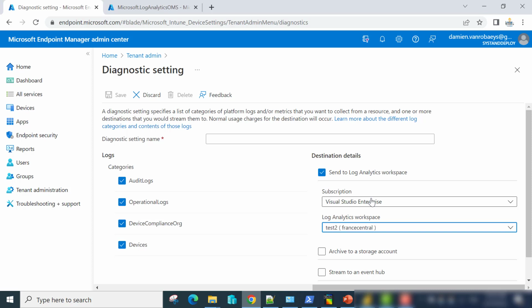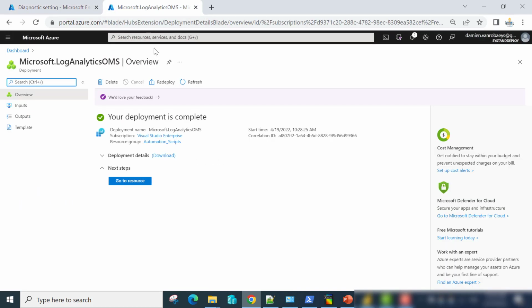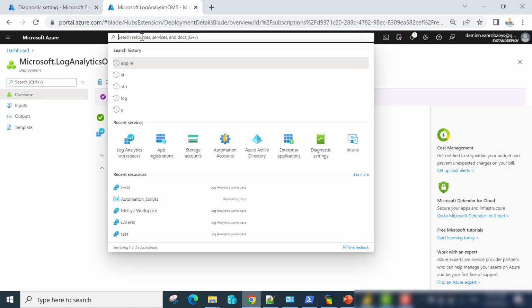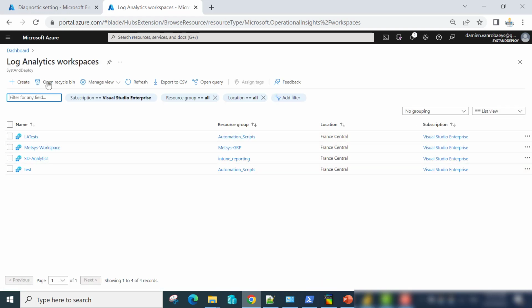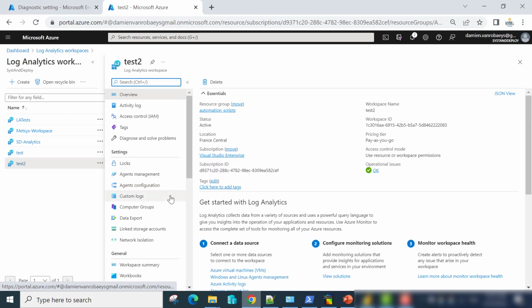There, test2. So test2 is there, so it should have been created. I will go into Log Analytics Workspace, click on Refresh, test2,